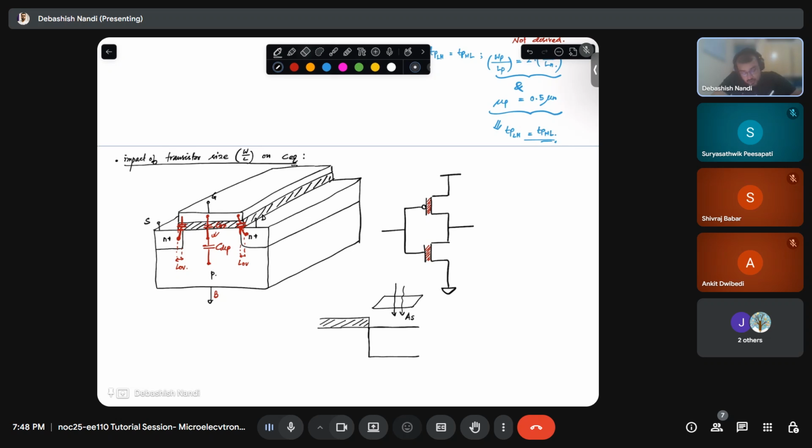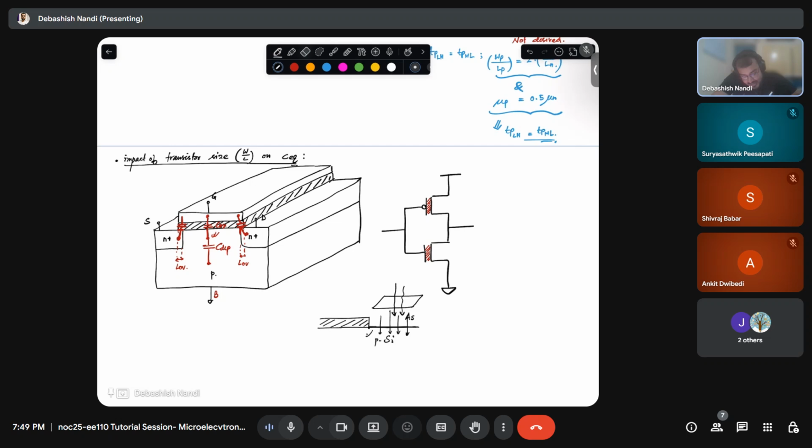Arsenic dopant atoms need to go into silicon. Earlier it was p-type silicon only, and now you want to convert it into N plus silicon, so you will have very high energy arsenic ions. You will do ion implantation or dopant diffusion. For that you need a high energy particle going in this direction, and when that high energy particle reaches this window,